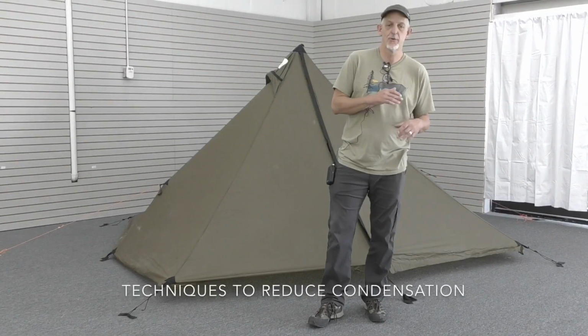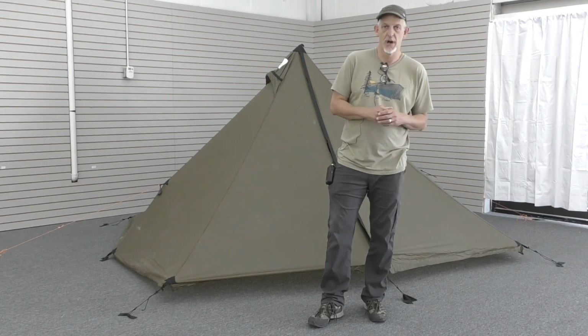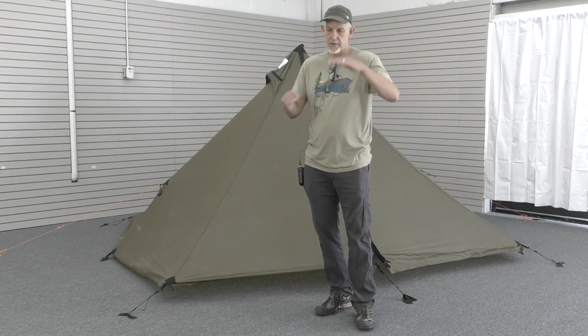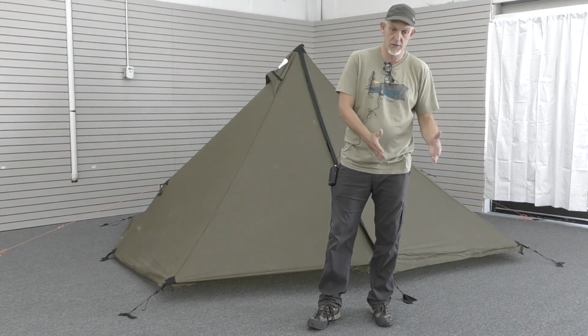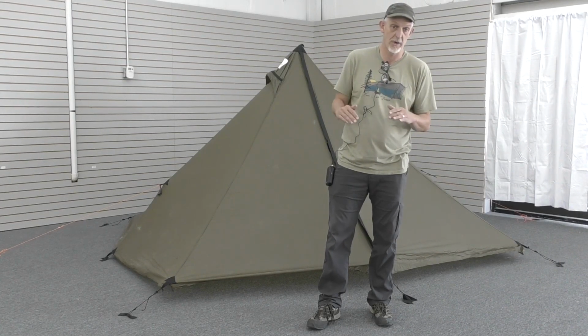condensation. In this Tip Tuesday, we're going over some techniques to minimize condensation. First off, site location. Avoid low spots, creek beds, etc. It's better to be able to get on a shelf. An example of this is just where I reside, my house. It's in a low spot, and sometimes just up the hill 50 feet it's 15 to 20 degrees warmer in